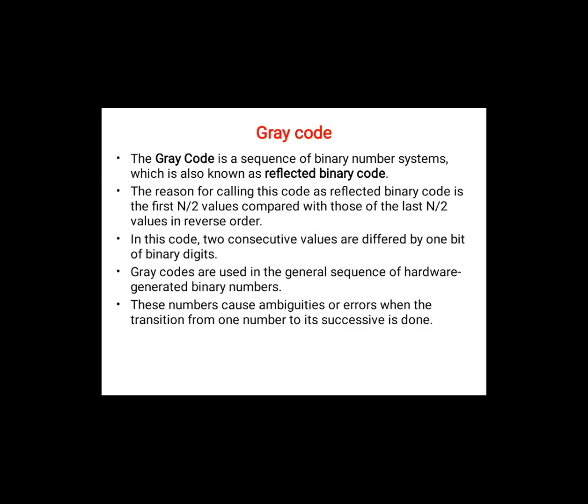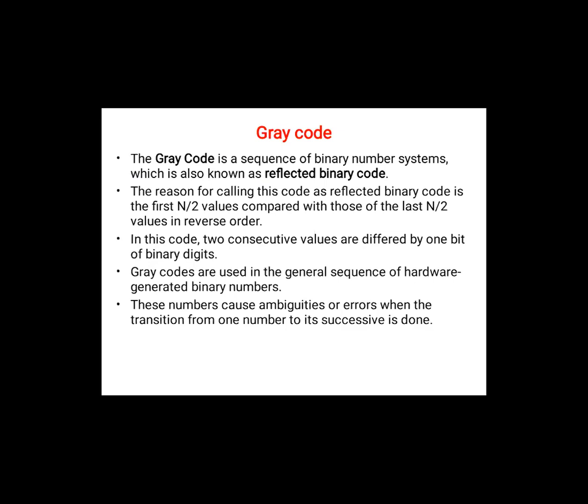See, if you write a number and on the opposite side you write the mirror image, that is why it is a reflection. Suppose I have 8 numbers, 0 to 7. So 0 to 3 you are writing, and the remaining part is like a reflection. So that is why it is called a reflected code. Now, the third sentence is very important, and that will tell you how you are writing the code. So you have to remember this third point in mind.